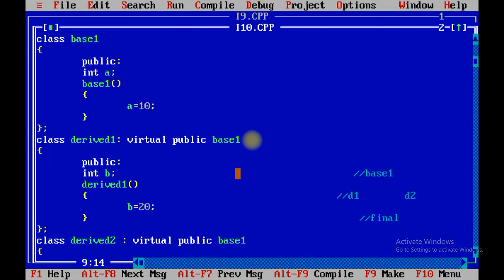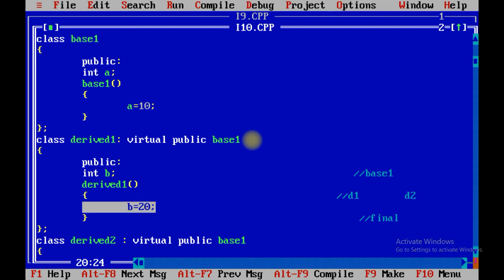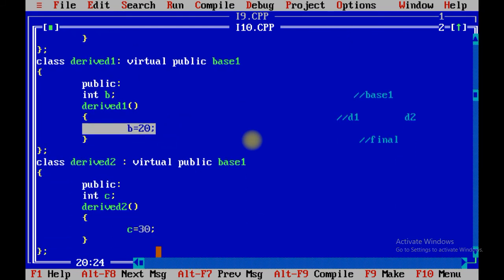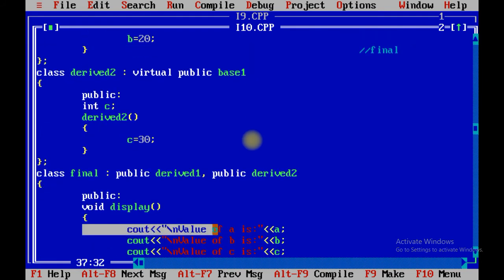Now it will come 10, 20 and 30. So over here we have defined base 1. Inside that we have initialized the value of A by 10, derived 1 contains B by 20, derived 2 contains C by 30, and the final class contains all three variables and we display them using the display function.